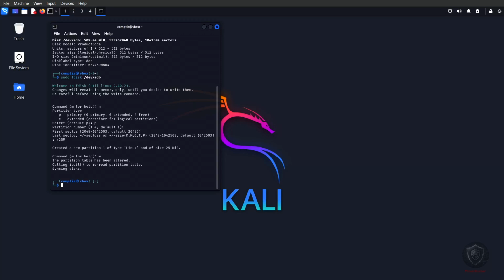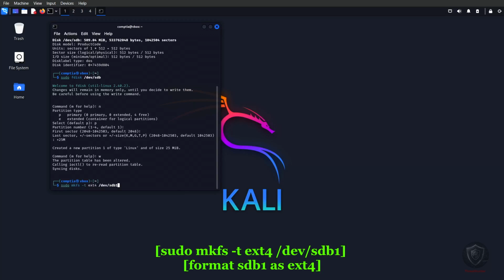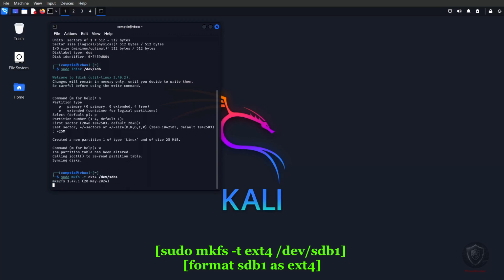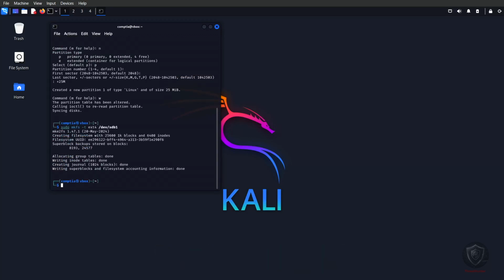Next, I'll format the partition. Type sudo mkfs -t ext4 /dev/sdb1 and press enter. The make file system command, also known as mkfs,